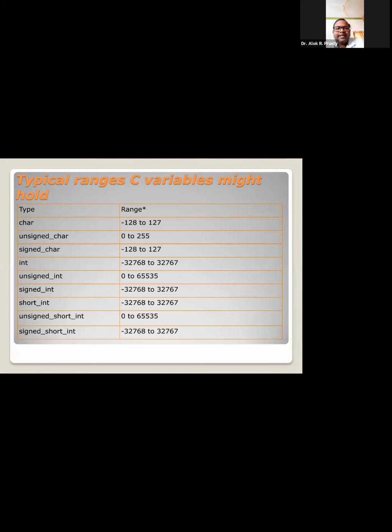Now, important thing. Many times I said range. Now, how to find the range? In the first class, I said that if anybody asks what is the size of your integer, then definitely your answer should not be that it is 2 byte or 4 byte or 8 byte. Rather, you will ask him what is the word length of your processor. Now, what is a word length? We had discussed in the last class.